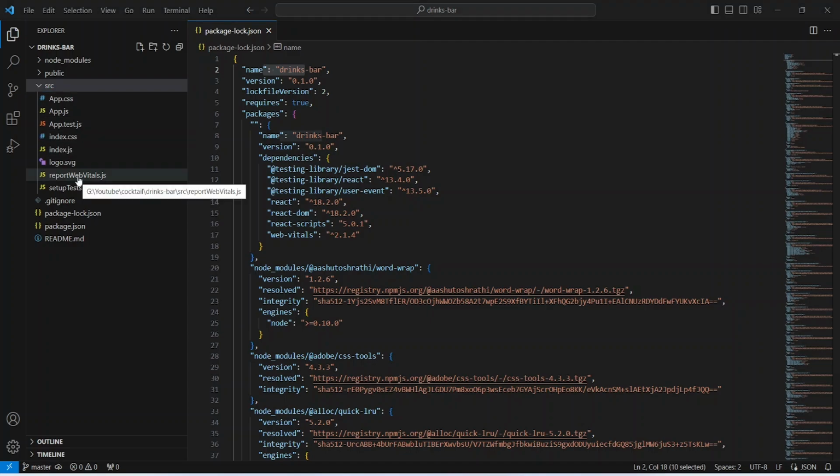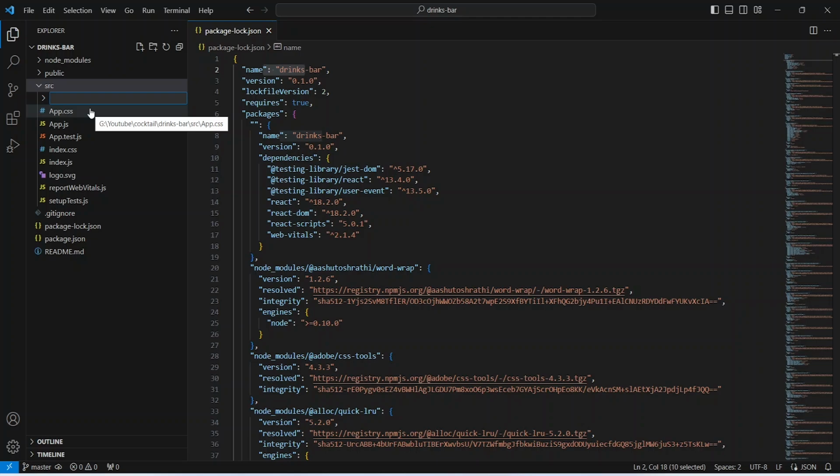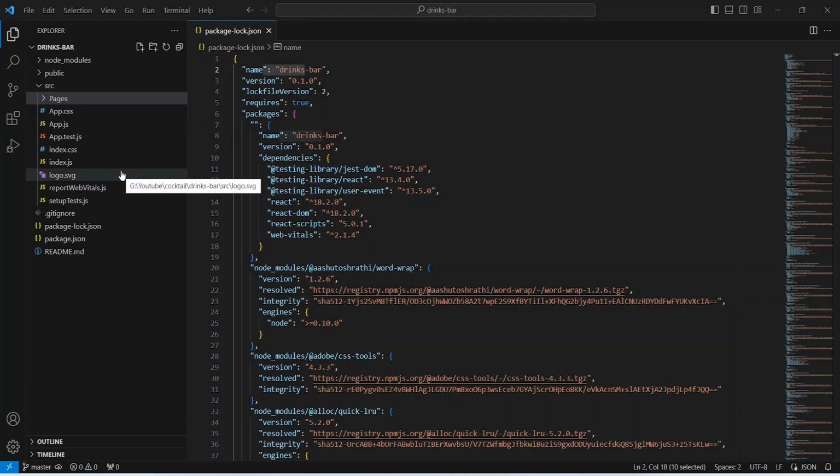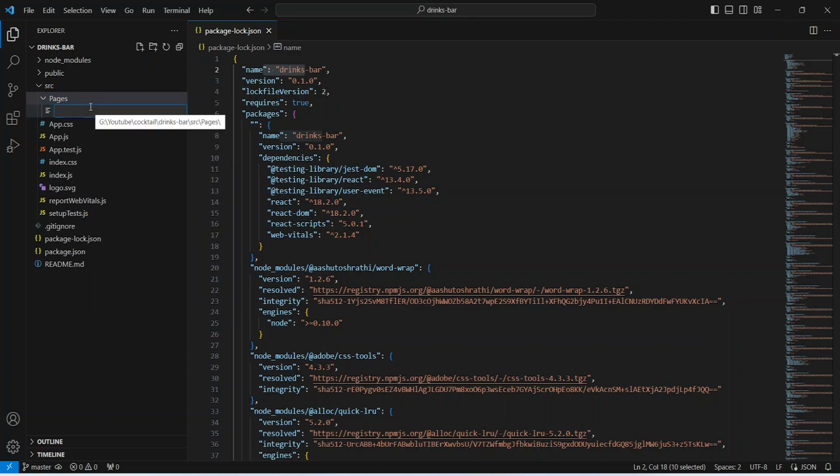And now we need to create the home component. So we will right click on our src folder and here we need to click on new folder and we will name this folder as pages. And in this pages folder we need to create the home component. So we will right click on the pages folder and this time we will click on new file and we will name this file as